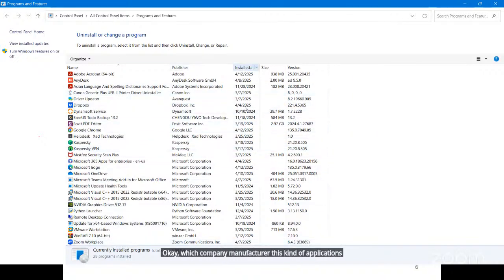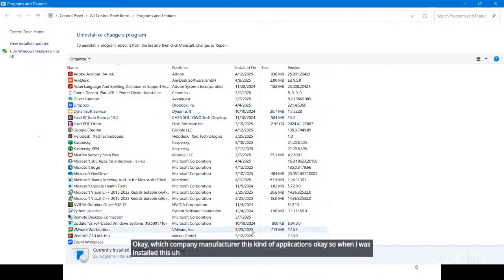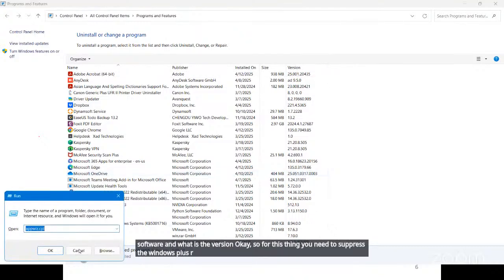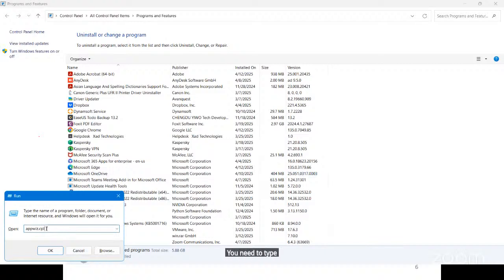We can also see when I installed this software, what the size of this software is, and what the version is. For this, you need to press Windows plus R and type appwiz.cpl.